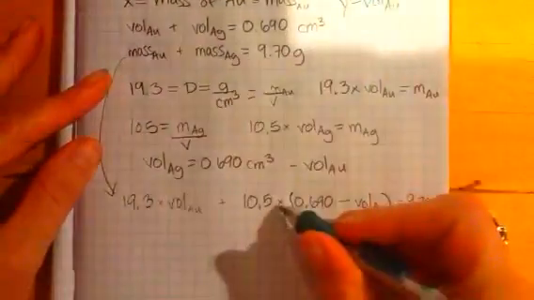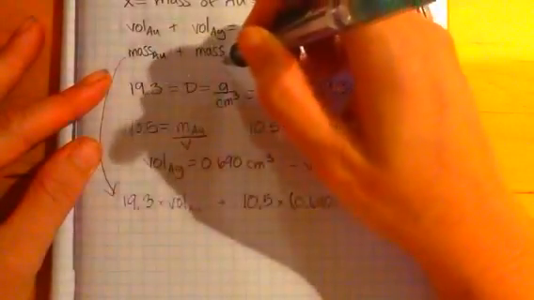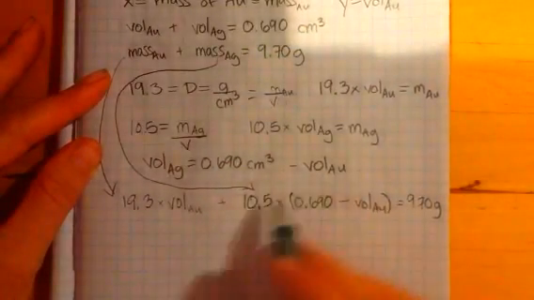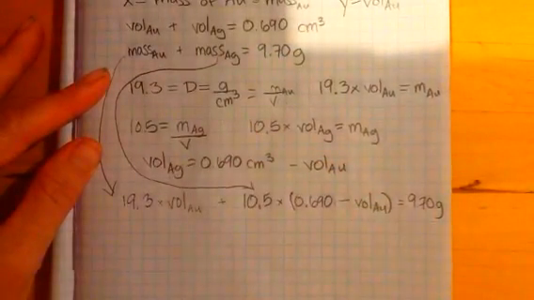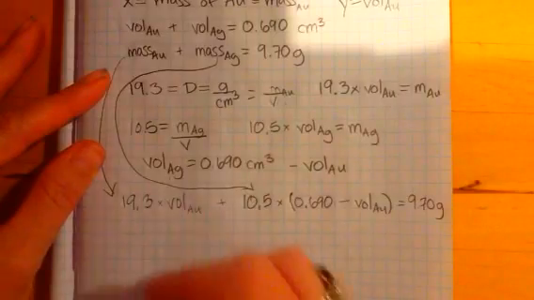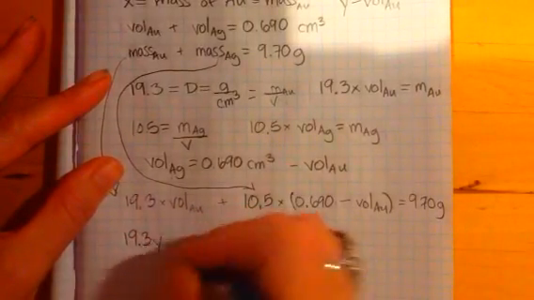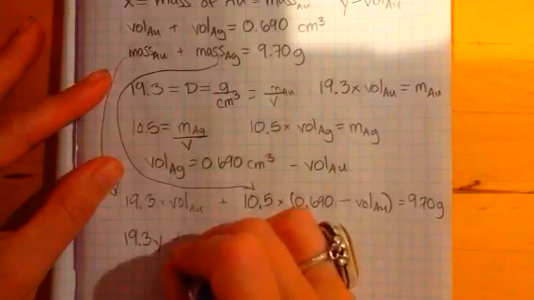So again, this number right here is what we solved for here. So that's going to represent the mass of silver, excuse me. So I'm going to end up writing 19.3 y plus,